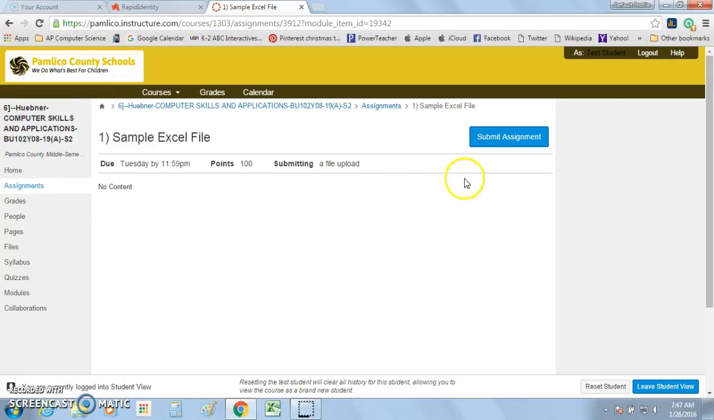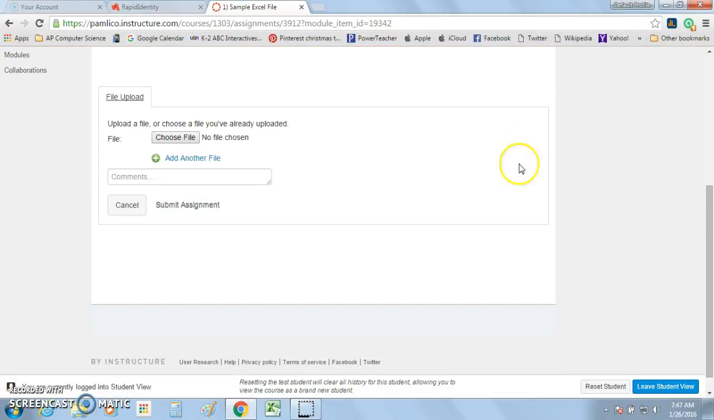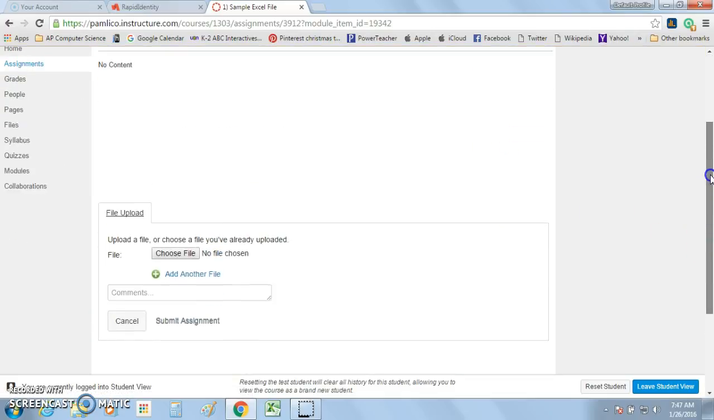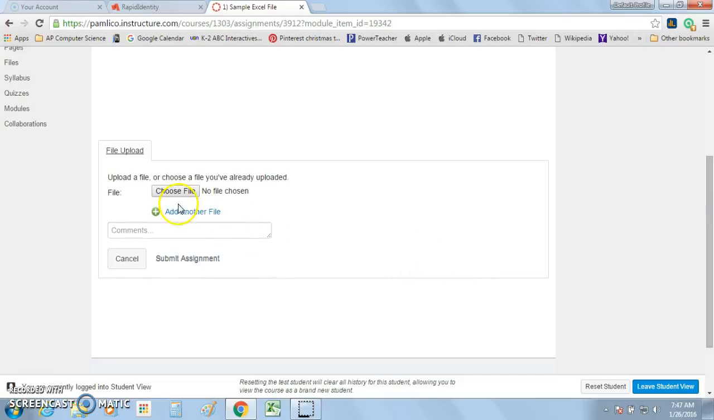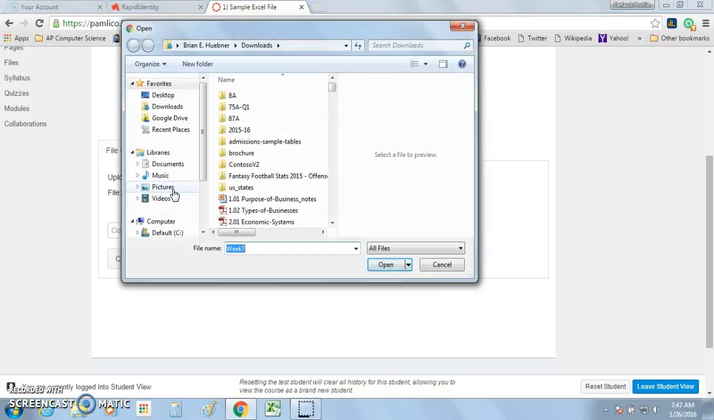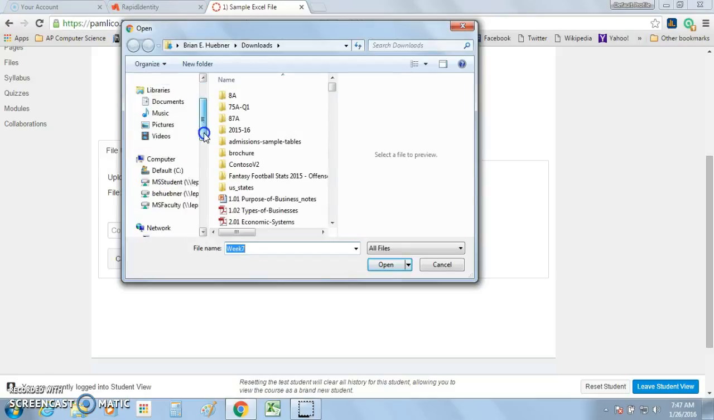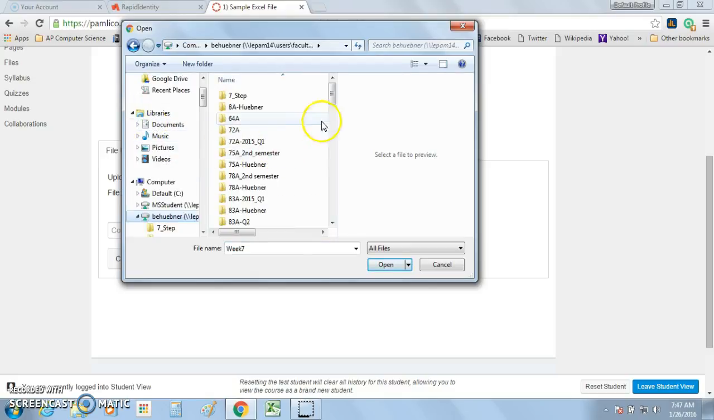Okay, and I'm going to go up here to where it says Submit Assignment. Okay, and it says no file has been chosen, and I have to choose the file that I want to submit. So I'm going to click this little button that says Choose File, and I'm going to go back to the location. This is why it's so important to know where you saved your file. And I'm going to go back to my network drive,